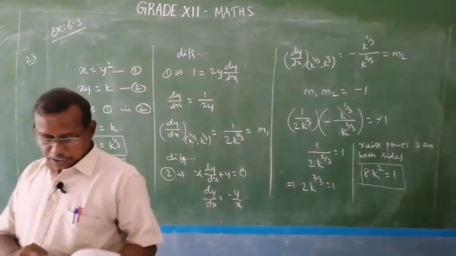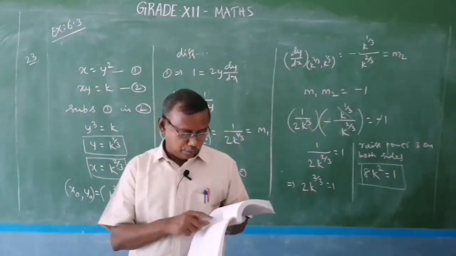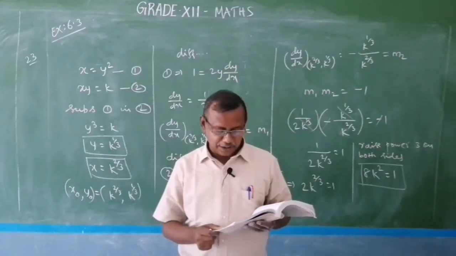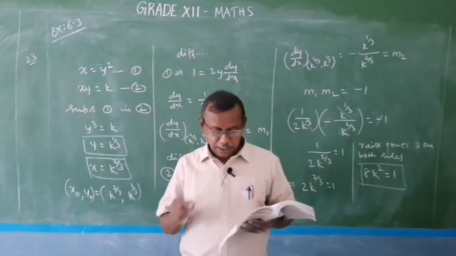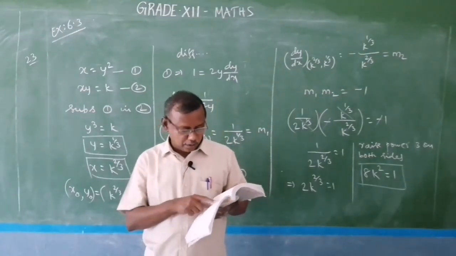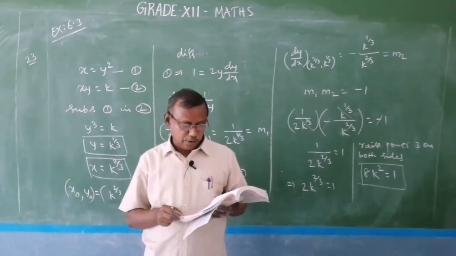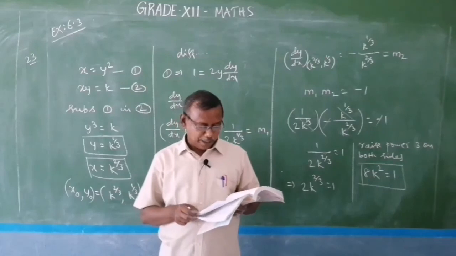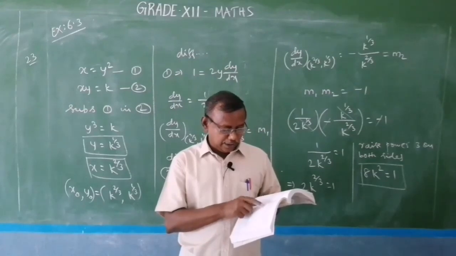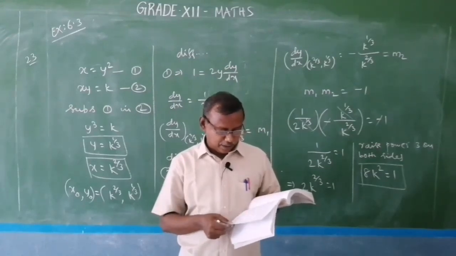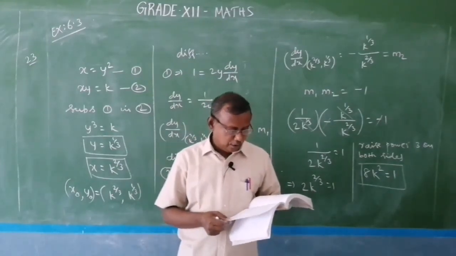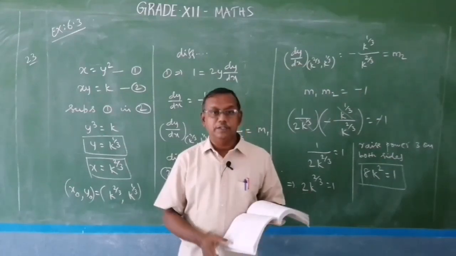Now I expect you to solve the remaining problems, that is 24 to 27. Those are all very easy. In problem number 24, find the equations of tangent and normal. You are given the hyperbola equation at the point of contact (x0, y0). You can easily solve that. Also the 25th problem, they asked you to find the equation of tangent only, parallel to the line. That means the slope of the line equals the slope of the tangent. Equating, we have done one problem previously of the same concept, and the MCQ problems 26 and 27 are also very easy. So the problems 24, 25, 26, 27 are homework.